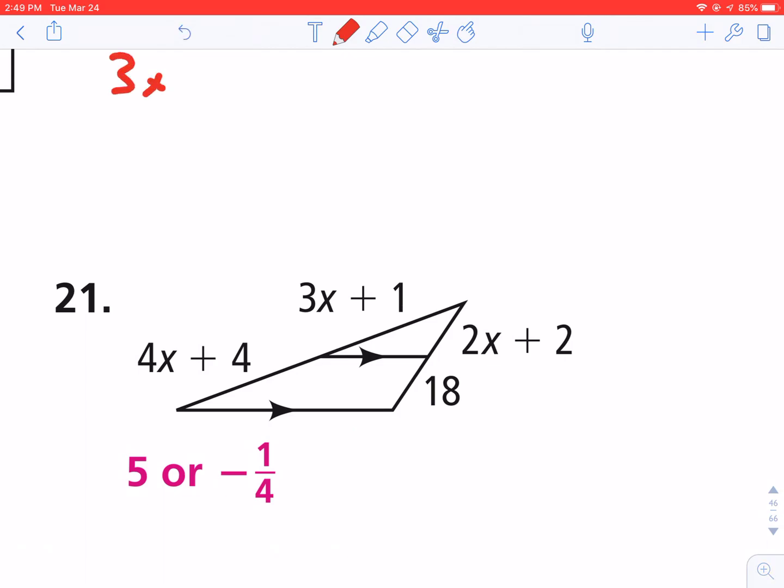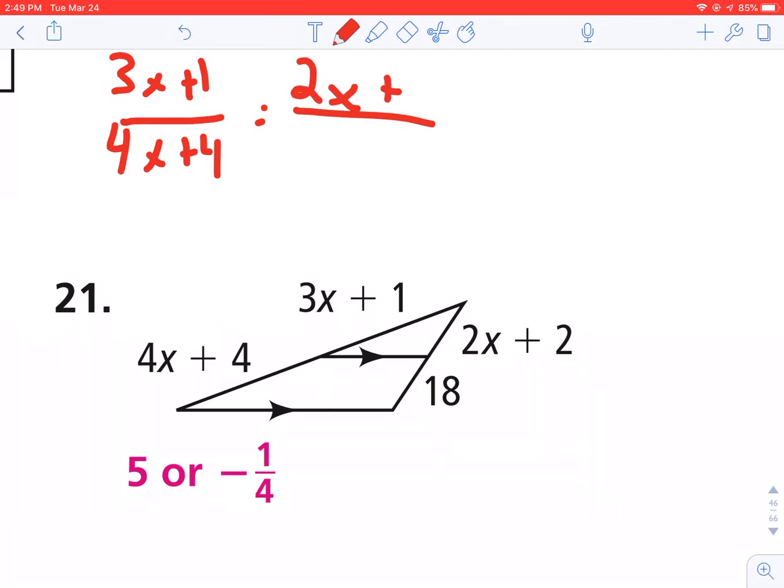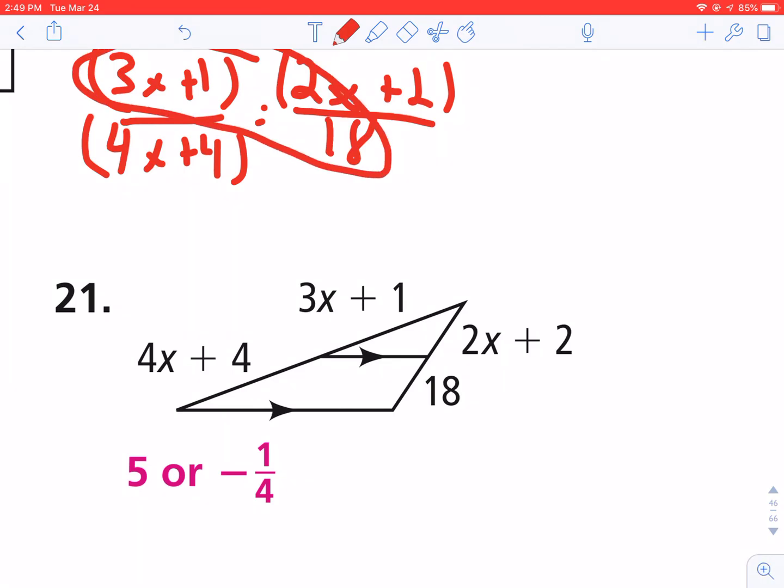So I will say 3x plus 1 is to 4x plus 4 as 2x plus 2 is 18. Now, the nice thing is, I only have to do the factoring or the foiling one time here, but it is still going to require factoring. So let's put everything in parentheses, and I'm probably going to have to copy it over to a second page so I have enough room to do the work. But if I cross multiply, and I'll write this in blue, that will give me 18 times